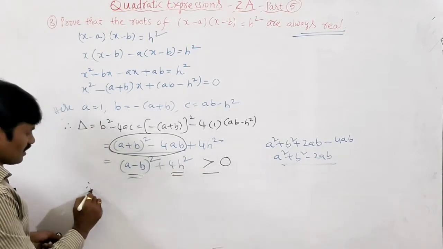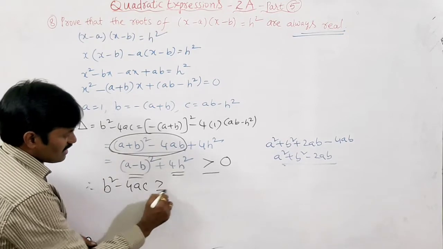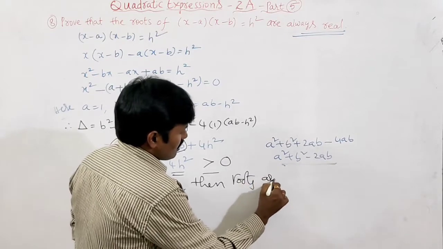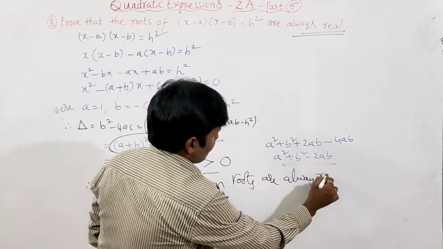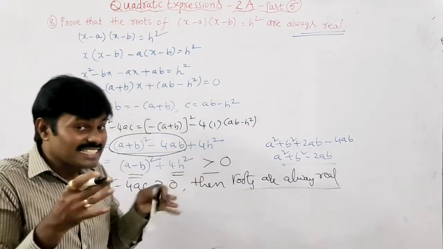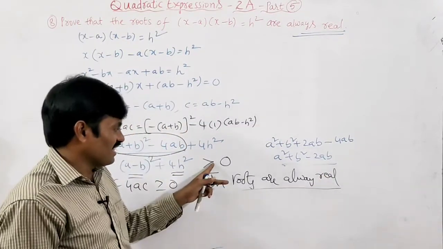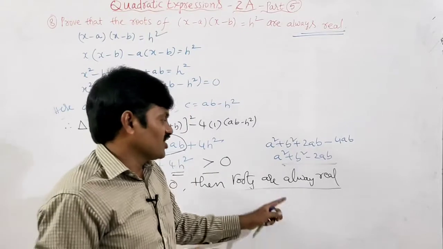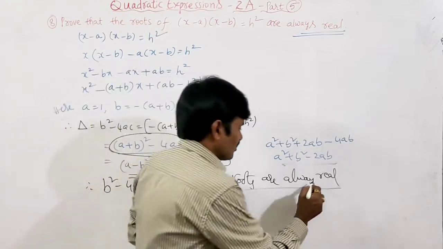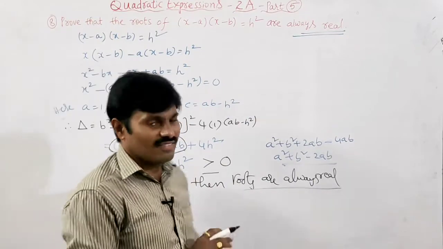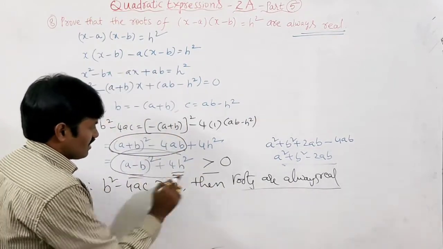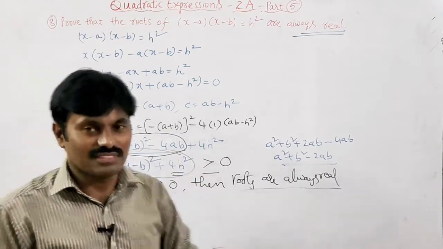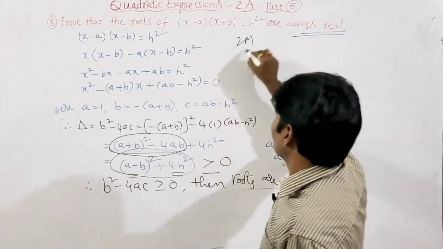So here the discriminant value b square minus 4ac is greater than or equal to 0, then the roots are always real. Am I correct or not? Real and distinct or equal we are not discussing here because greater than chances are there and is equal to also is there. We are not discussing about the equality. Just we are discussing whether they are real or imaginary. These are always real. Reason is here we got perfect square plus perfect square. So obviously it is greater than 0 or equal to 0. Clear. For this 2 marks question, beta, most important one.